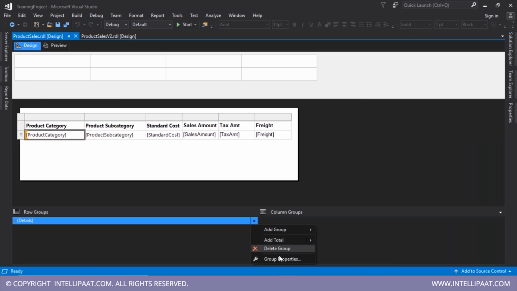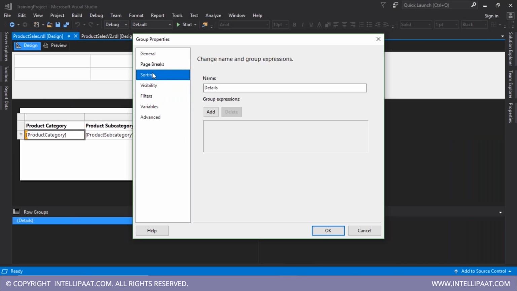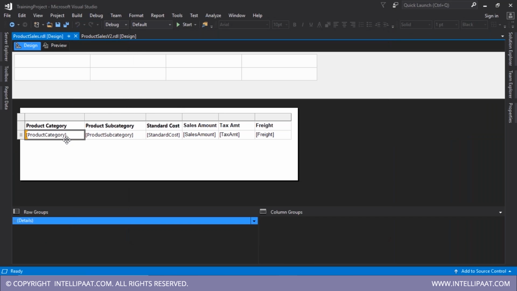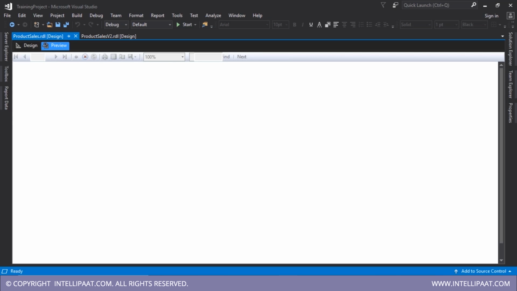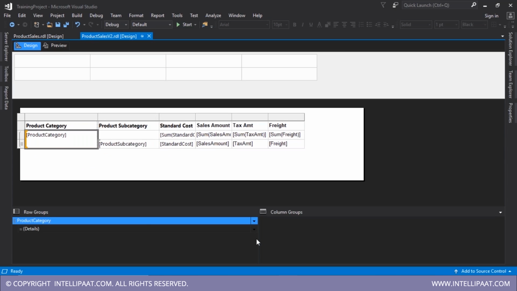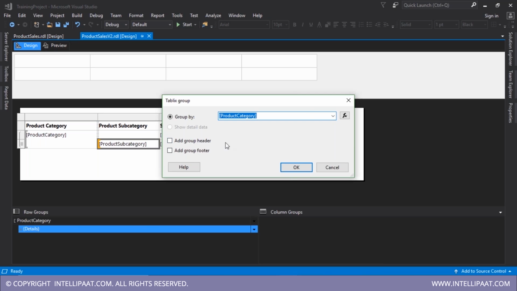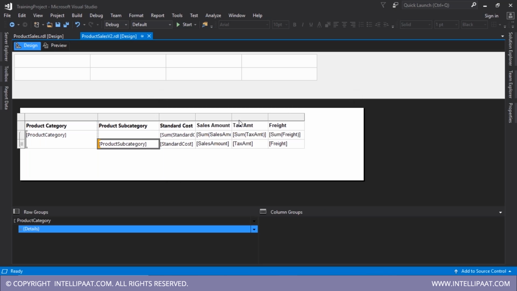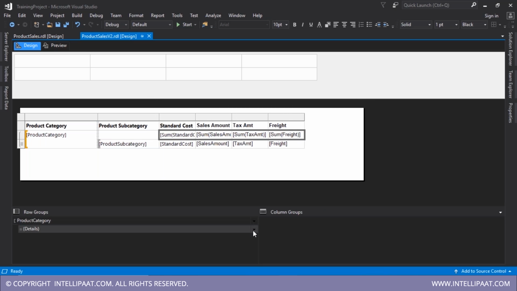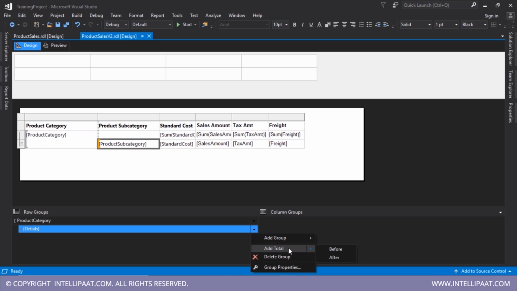I have shown you how you can sort your data. The default group is nothing but your complete data set, right? How to sort this. Now in version 2, we have added a parent group with a header. Why with header? Because later we wanted to use that header for showing totals. So we again came back to details and clicked add totals before. Now this version 2 report,